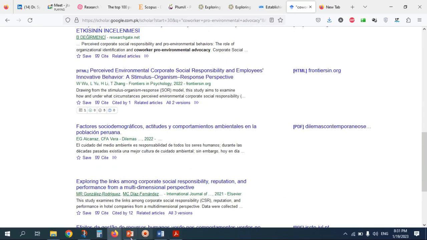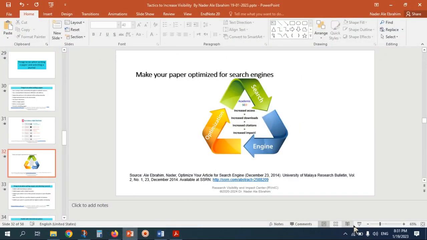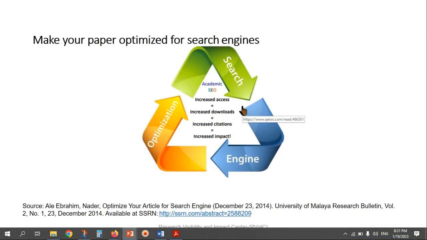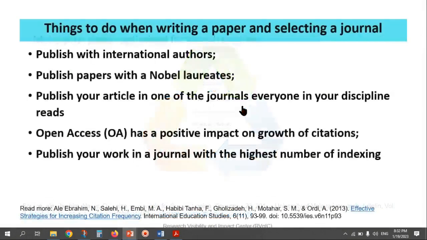If you use all the most frequent keywords in the title of your paper, who is going to read your paper? They will read the paper which received the highest citation. So in the title of your paper, you should include the high frequency words in your area of research, plus one keyword which belongs to you and your research area. I call this one a brand name. You should select your own brand name.